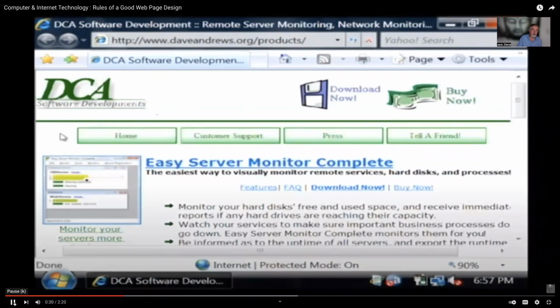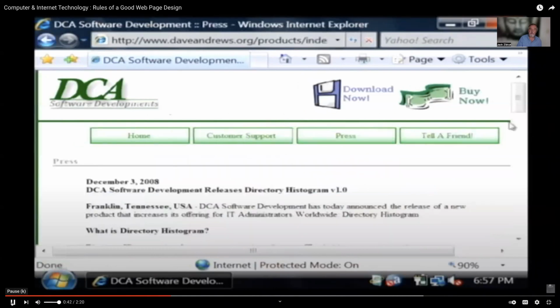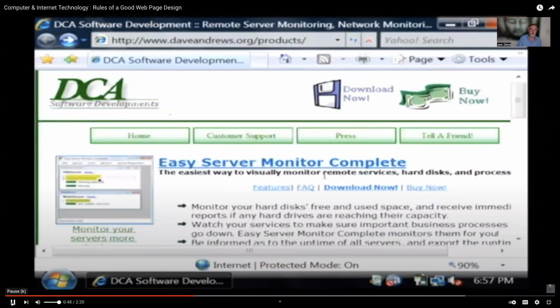That way, somebody who is visiting my website can tell exactly how they can navigate through the site immediately just by looking at it. If I wanted to go to my press page, I'll just click on press, which pulls up all of my press releases. If I go back to my main site, it's usually going to be a good idea to